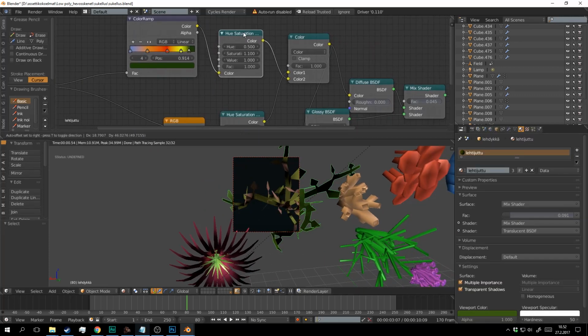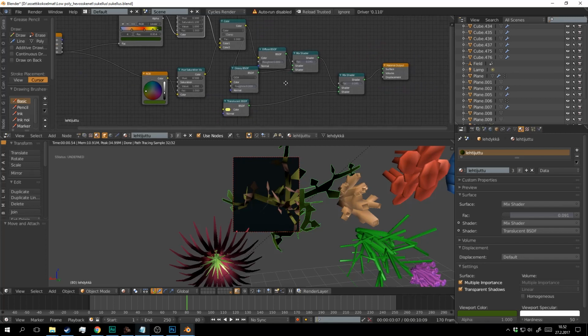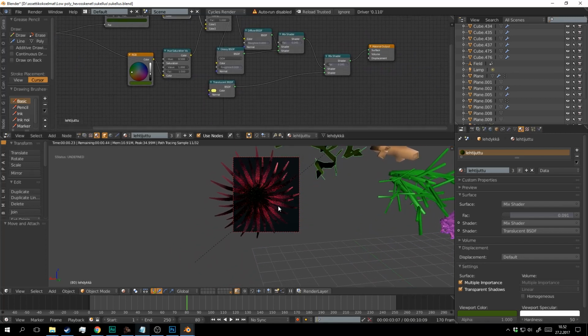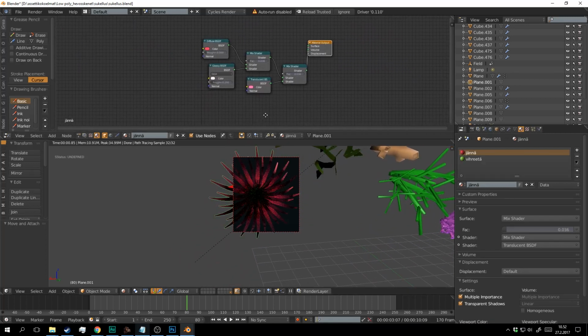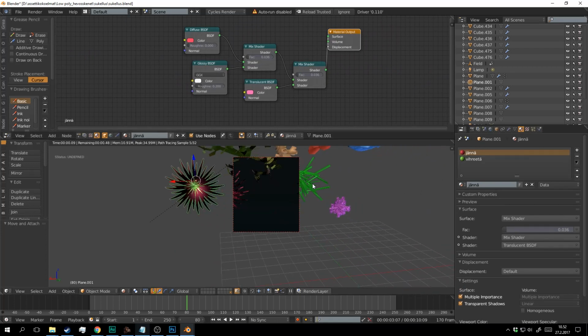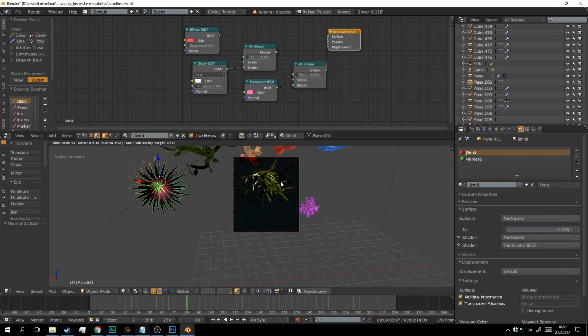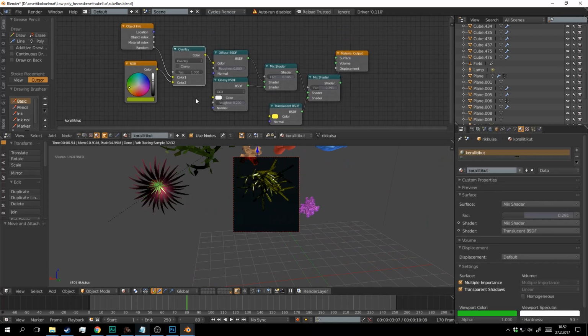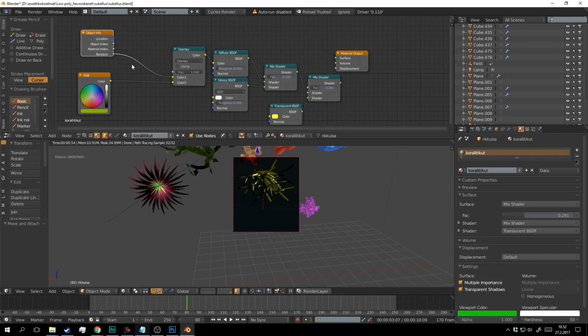And then we have here this star thing, and it's again one of those diffuse and glossy things. Okay, this one is also using that same random node, but now it only generates different greens, as you can see when I duplicate this.